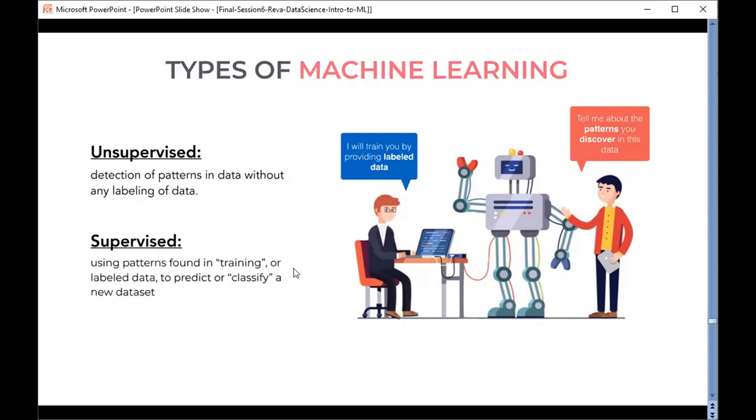In supervised machine learning, first it learns the information from the training data that already has labels, and once it learns, then it applies this learned knowledge to analyze new data or test data that have missing label values.